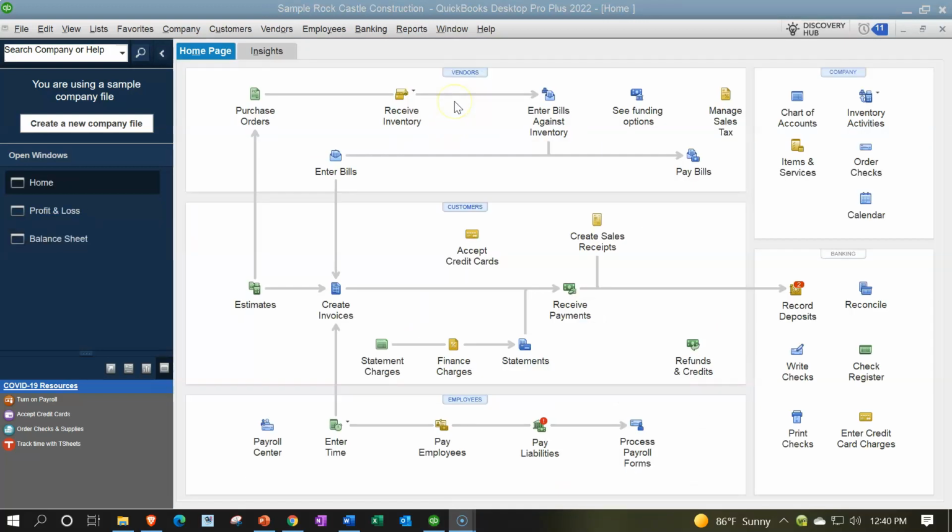We're now moving on down from the vendor section to the customer section, which might be called the sales section, the revenue section, or the accounts receivable section. If you're working at a larger company, you might be working somewhere within specifically the customer section, such as tracking the accounts receivable and collections. If you're working at a smaller company, you're probably going to be bouncing around a little bit more. And if you're working as a bookkeeper for a smaller company, you might be doing all of the bookkeeping in